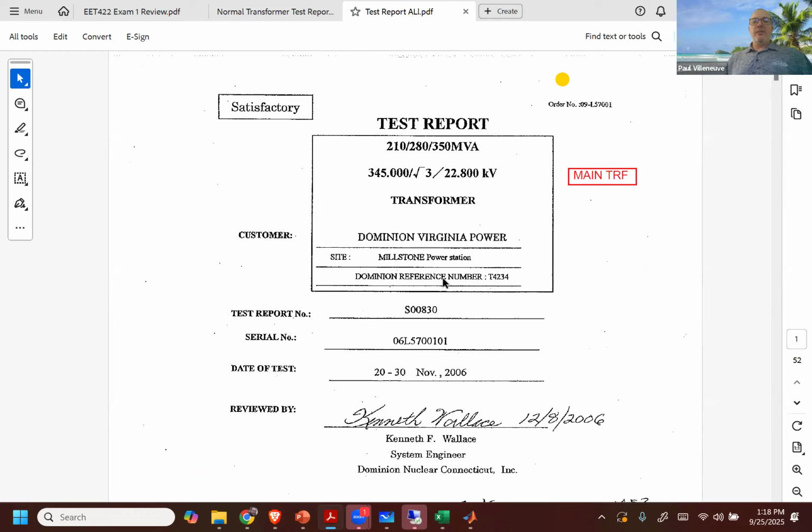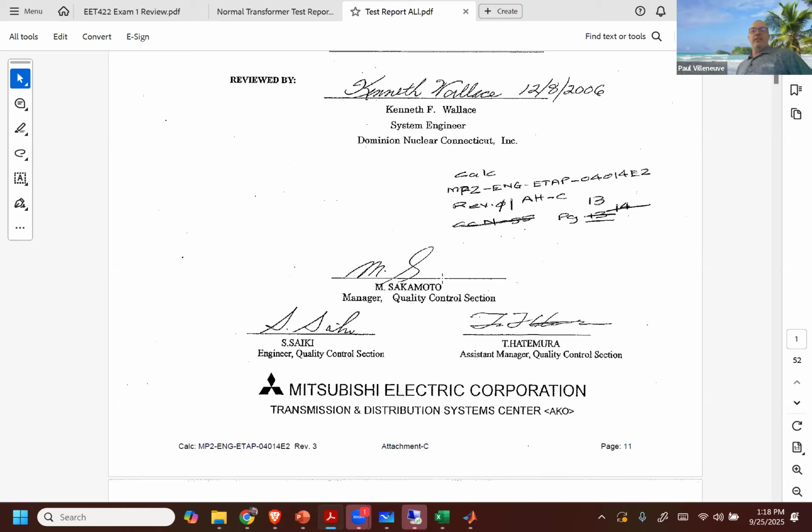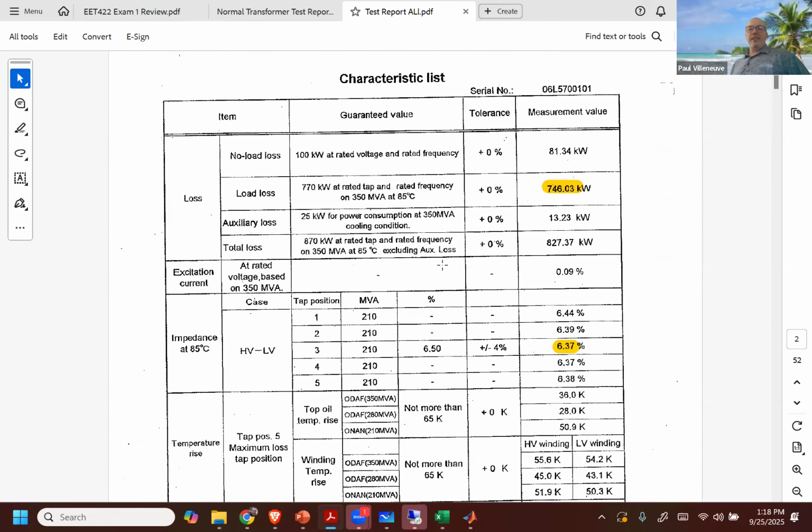So this is a big transformer. See the size of this one? 210 MVA. That's the base rating. So this one is about 3.5 to 4 times the size of the transformer that you guys did your homework on. But this is a single phase transformer, which seems kind of crazy, right? But remember when we talked about really big transformers, they're hard to ship over the roads. So what they do is make three separate transformers and connect them in delta-Y as necessary in the field to make it work. So this is a single phase transformer. Just ignore all the information. Probably not supposed to get all that stuff in there, but